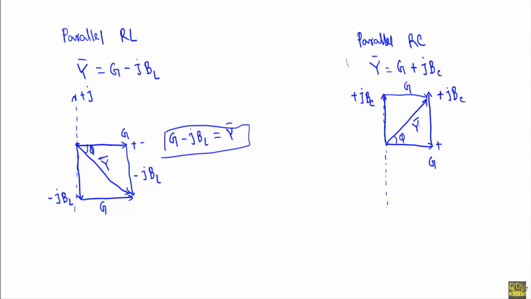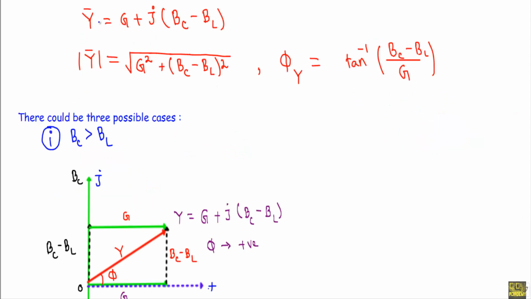If I go from this point to this point, then this point to this point, that will indicate G plus jBC. Then if I go directly from this point to this point, that will indicate the admittance. Similar case is applicable here: from this point to this point, this is plus jBC and this is G, then this will indicate Y. This is the diagonal. Now in case of a parallel RLC circuit, the admittance Y is equal to G plus j(BC minus BL). If I break down the quantities, I can write it like this: G plus jBC